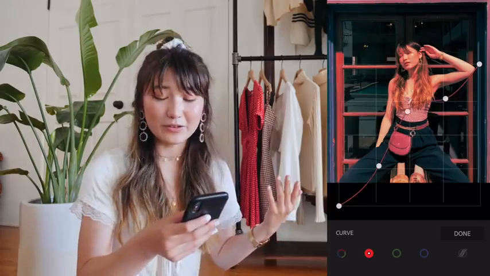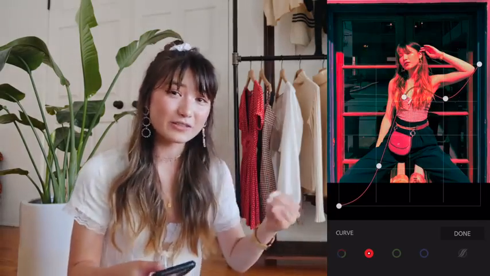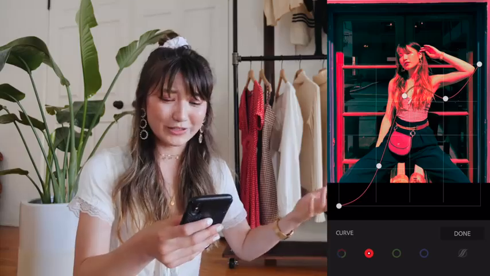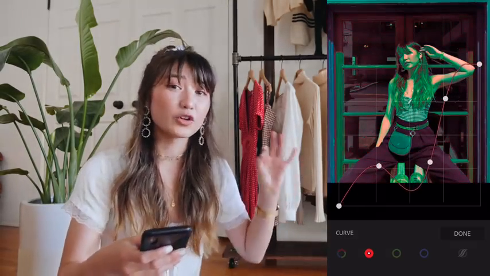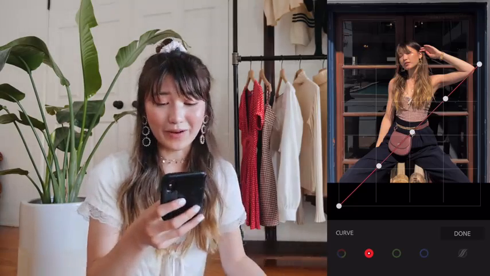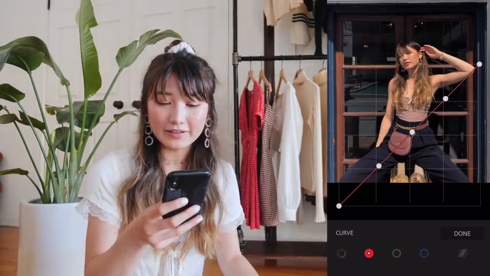So if we bring up these midtones, for example, we're adding red to the midtones, which makes them very red. You can do this for like a very dramatic pop arty look, and if we bring them down, it's gonna make them a lot greener. These curves are where I like to play around a lot, and we're gonna start by adding some green to